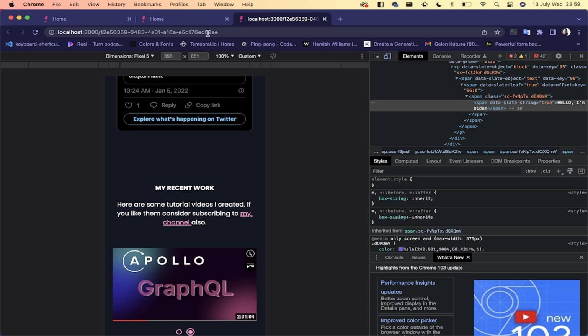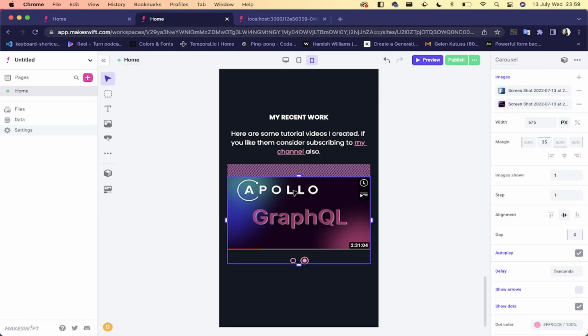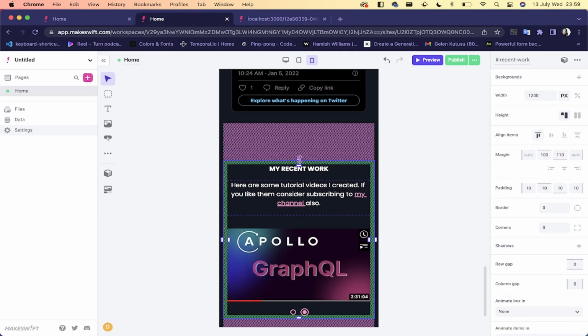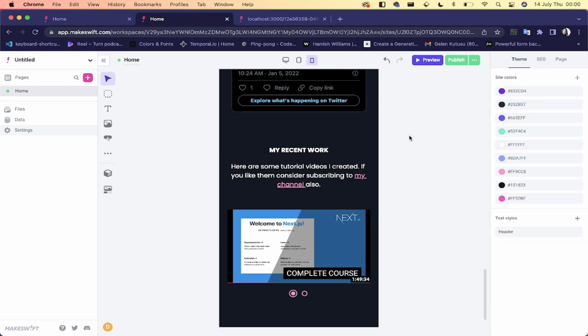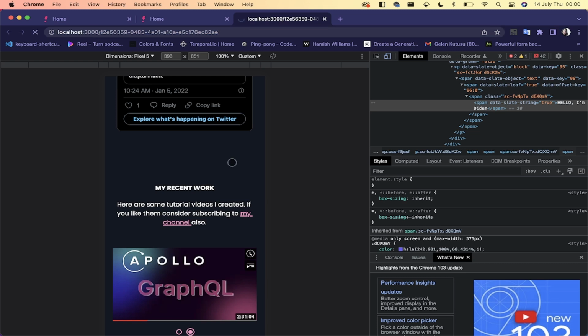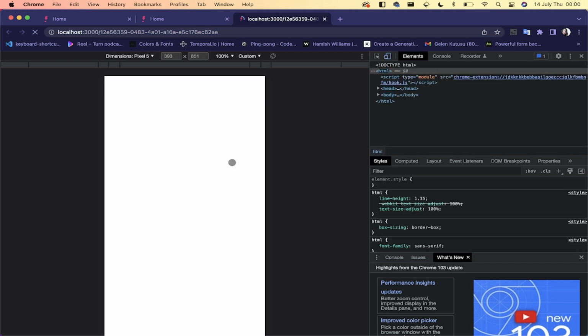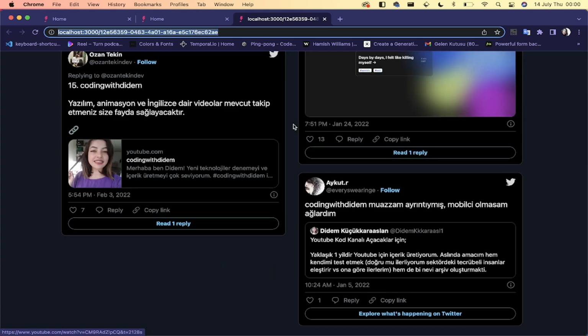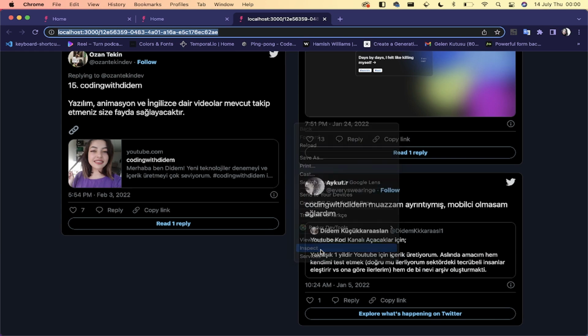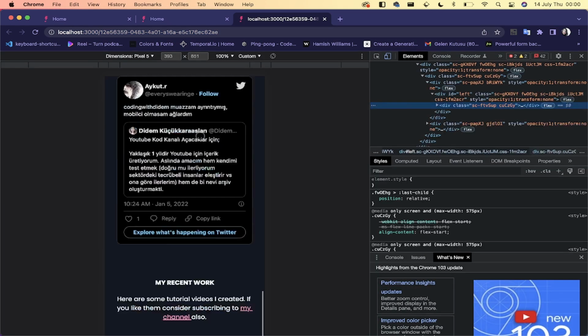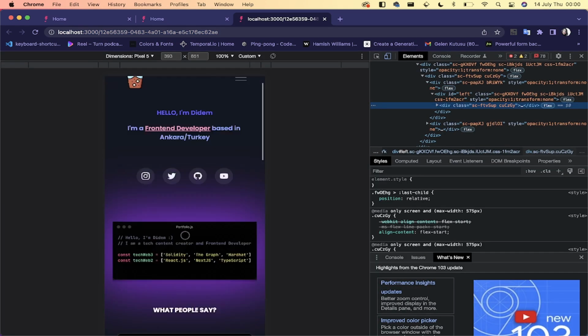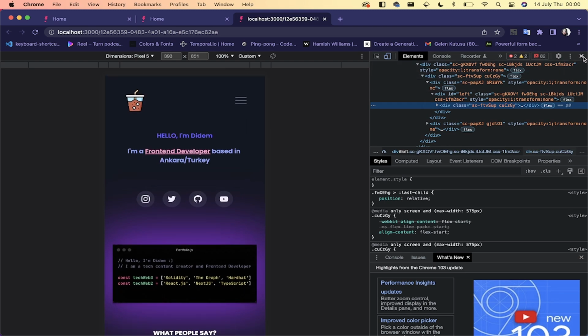Maybe we can remove this space a little here for the mobile screen. Maybe we can make it like this, publish it. Okay, refresh the page. Okay, let's inspect, and it's much better right now. Okay, it was that,